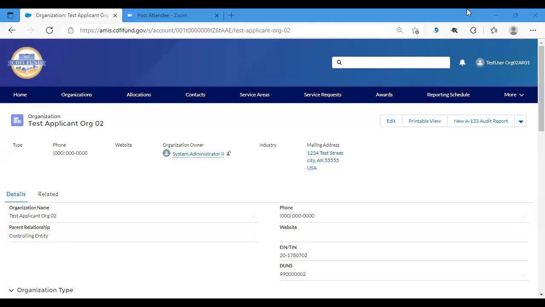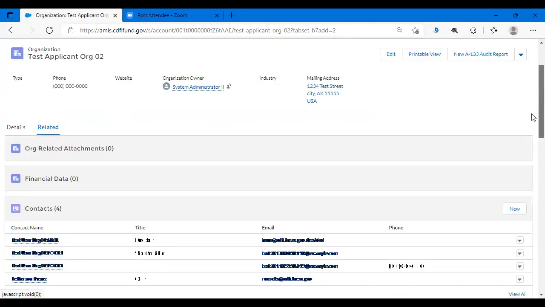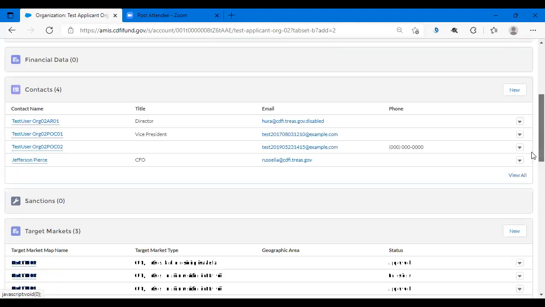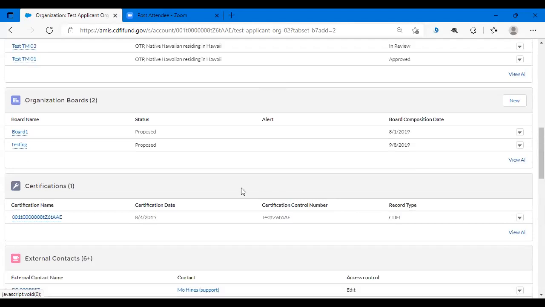Now let's get started. Once you've logged in to your organization's AMIS account, you want to click on the Related tab. You wait for the information to load, and then you want to scroll down your page until you reach the certification section. And in the certification section, you want to click on the number listed under the certification name,